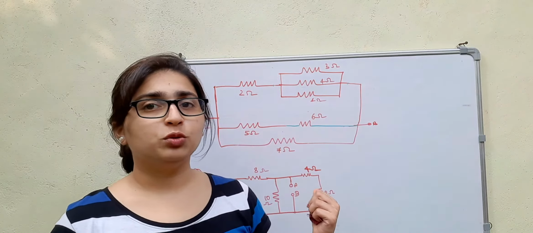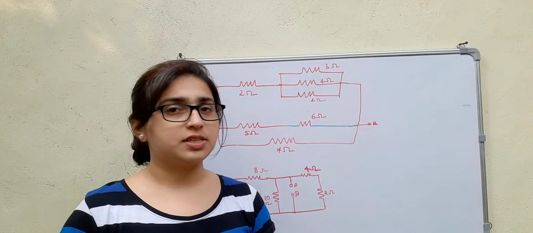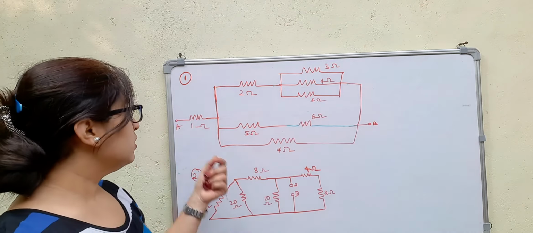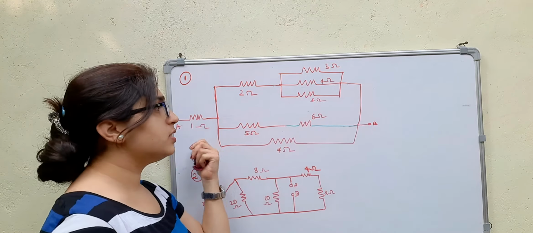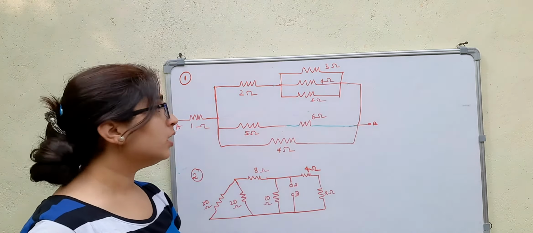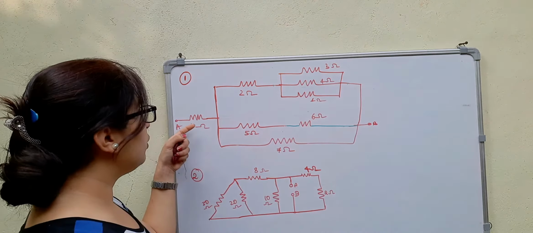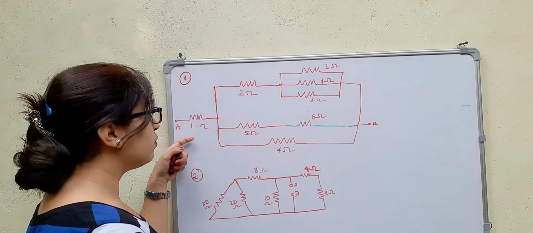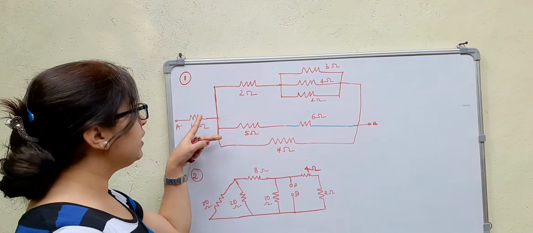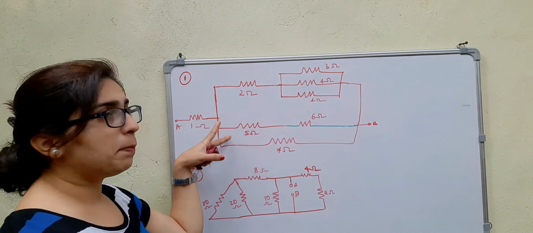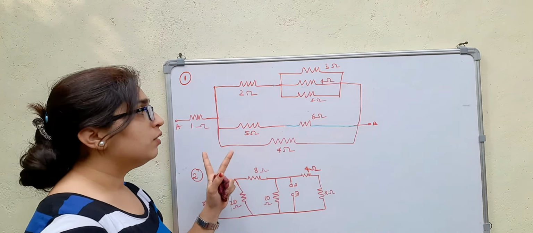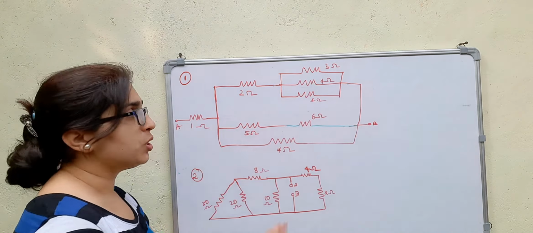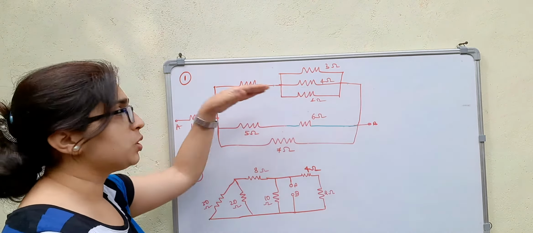Let us solve two problems on finding equivalent resistance. So first consider this. We have to find RAB, that is nothing but the equivalent resistance between the terminals A and B. In this circuit, if the current starts flowing here, it gets divided here, right? It has three paths to flow now. If it has multiple paths to flow, then we say that is a parallel combination. So this will be the parallel combination.